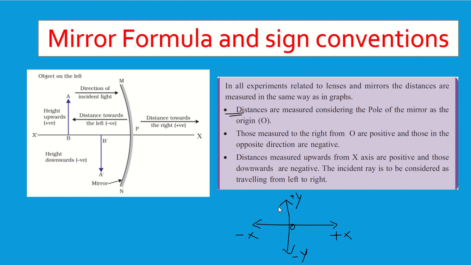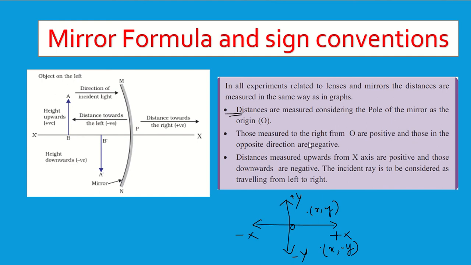And when you take the position coordinate of a particle, you will be saying, okay, say for example, if I'm saying this is the position, so this is going to be x, y. If the position is this, then it is going to be x, minus y, right? So that is a symbol we represent. That is how we represent the position. So here we don't have to represent any position for any object or image. We just need the distance.